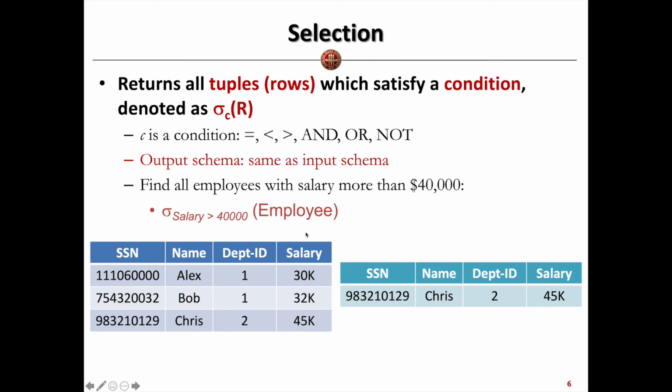So you see, this query does the selection on the rows of the data table. It locates all the employees which can meet our requirements as specified by the condition. So this is about selection. For this selection, the condition is very simple. It has only one single attribute comparison. And we can also provide more complex selections